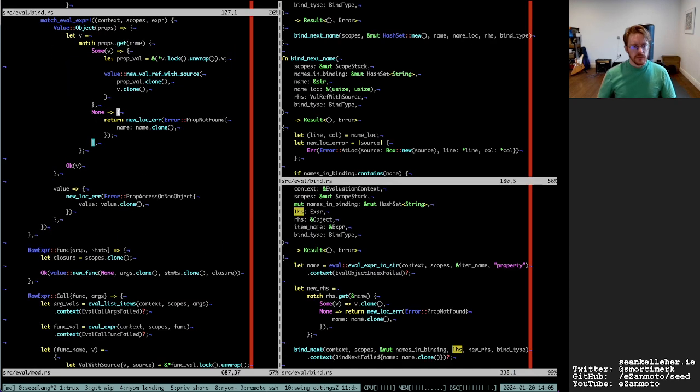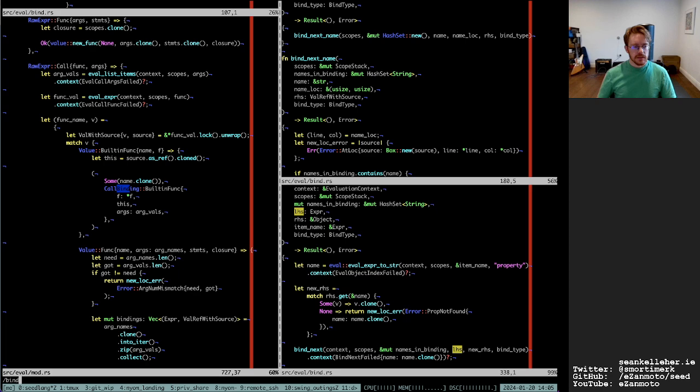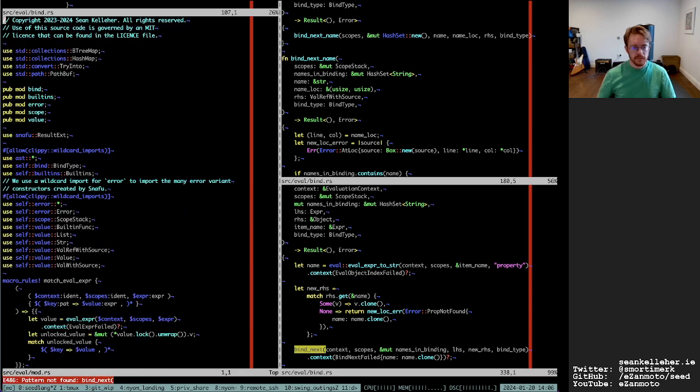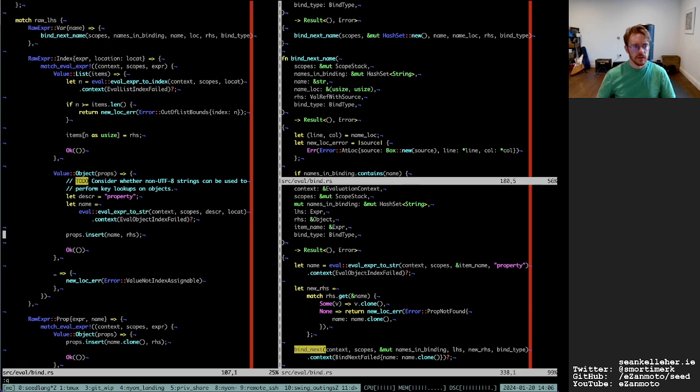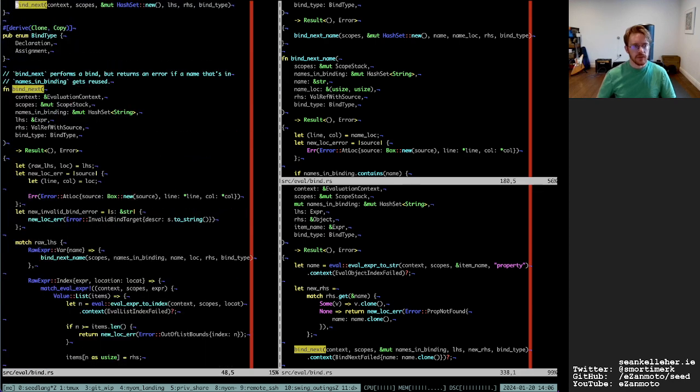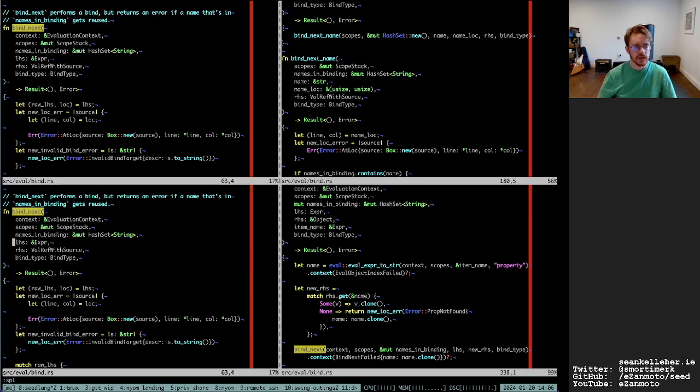And I think the difference between bind next and bind next name is the type of LHS. So I think with bind name, okay, LHS is an expression.